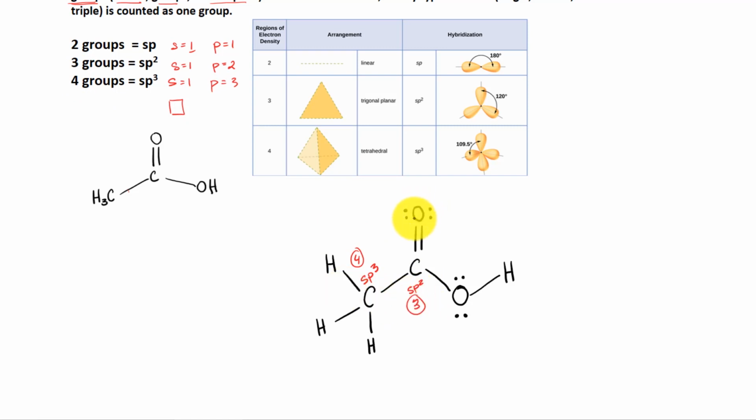Now let's go back up here. Oxygen, you can actually label this as well. So in this case, oxygen is attached to 1 lone pair, 2 lone pairs, and 3. So therefore we have 3 groups. So therefore this is sp2 as well. 3 groups. Now let's go to this oxygen. We have 1